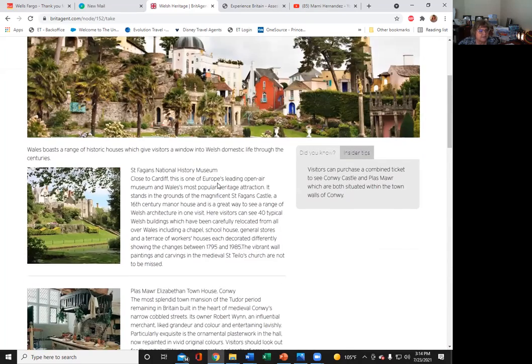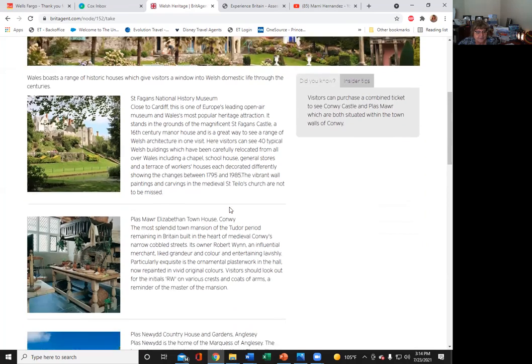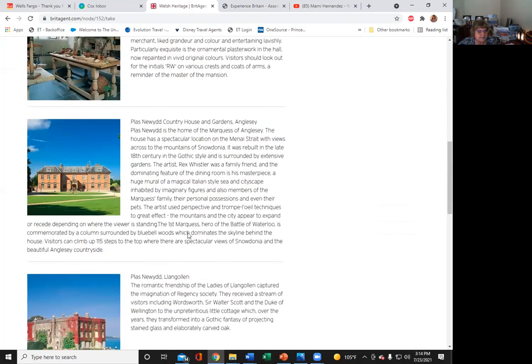All right, historic houses. Wales boasts a range of historic houses, which gives visitors a window into Welsh domestic life over the centuries. So you have, do you mind if I skip over some of these and then we'll cheat